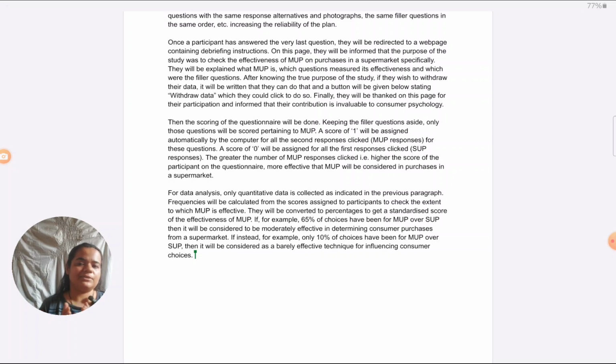Or if instead you want to take something outside the syllabus and you want to suggest a pie chart will be drawn with one sector representing MUP, another sector representing SUP. You can do all that, but it isn't compulsory. You don't have to only include a graphical analysis. So I feel it is best avoided for studies like questionnaires in which in the syllabus they have not suggested any relevant graph. So why include it? That's why I have not included it.